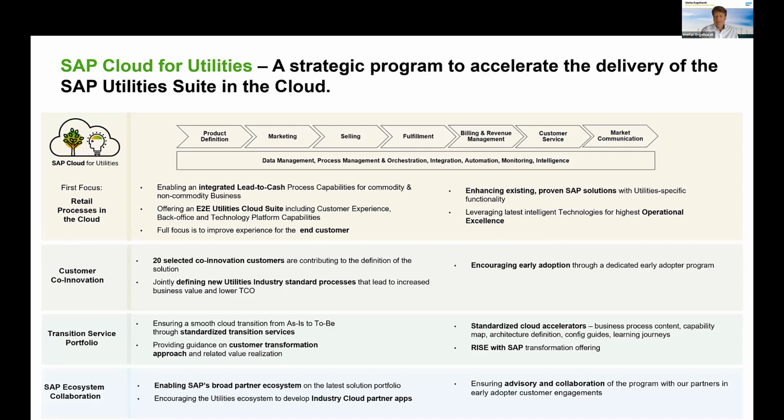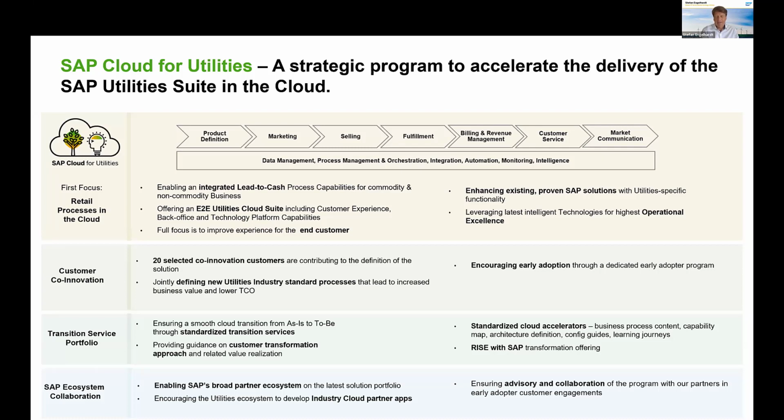Cloud for Utilities is not a dedicated product. It's a program, and it's probably one of the biggest development programs that SAP has launched in utilities since we started our industry-specific developments back in the 90s. It addresses the utility-specific processes in order to provide a cloud-based alternative to our on-premise solutions. We are not substituting the on-premise solutions per se. We are complementing them as a first step. We also offer new products that may substitute elements or parts of the on-premise solution, depending on the market prioritization and on the specific pace of the individual customer who wants to use it.